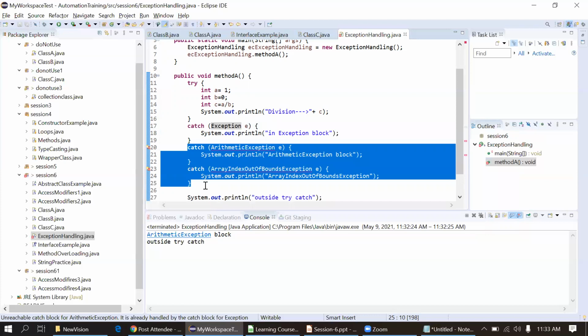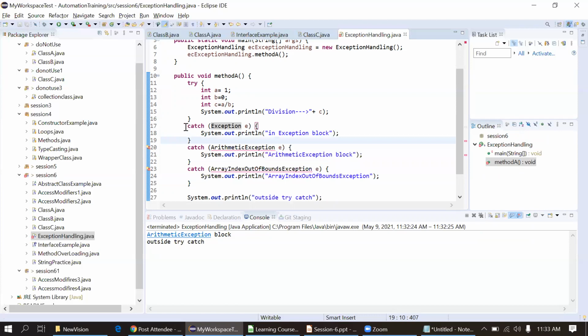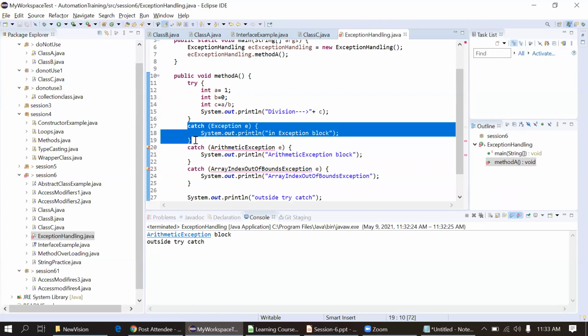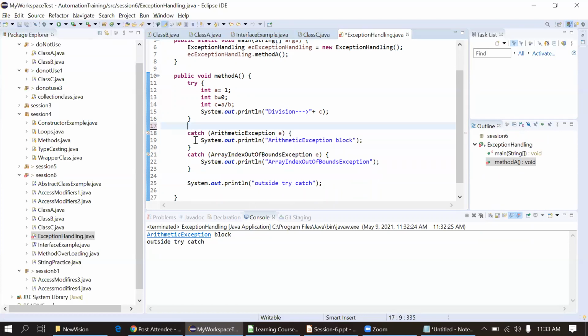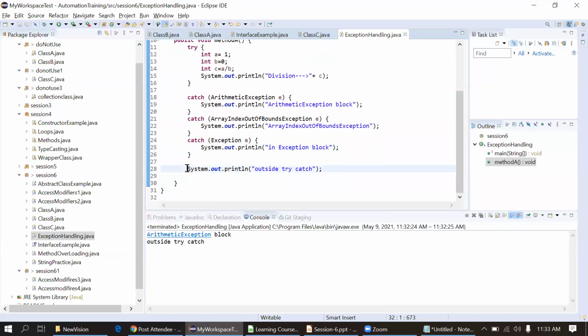So this will just show the error at compile time. So we should put the exceptions in such a way that it is from specific to generic. This sequence should be maintained at the time of writing the catch blocks. Okay, fine.